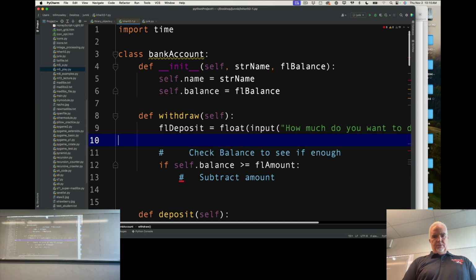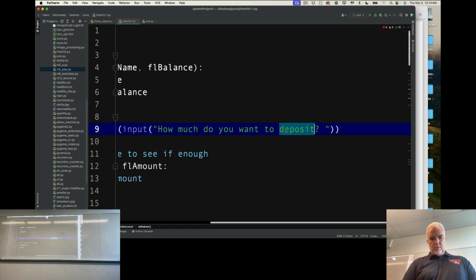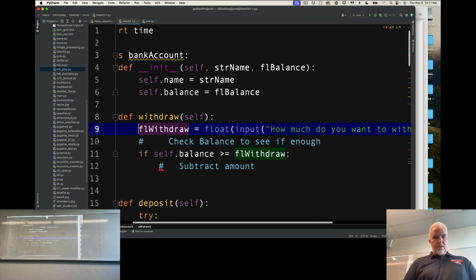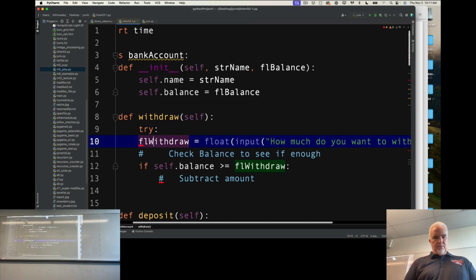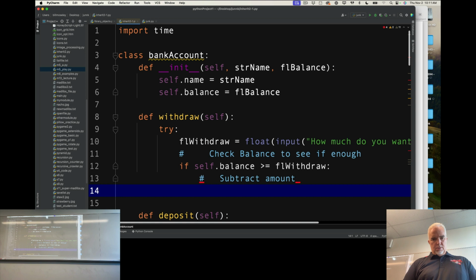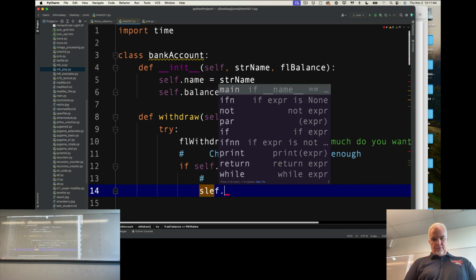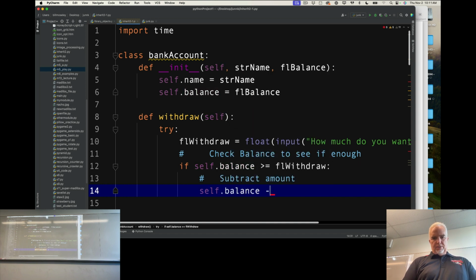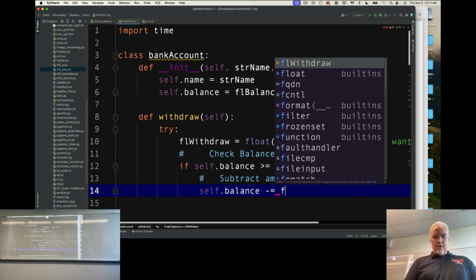Okay, so I'm going to get that amount, float withdraw, and then okay, so again, I'm going to wrap this in a try and except. So if it's enough, I'm going to subtract the amount. Self.balance minus equals float withdraw,